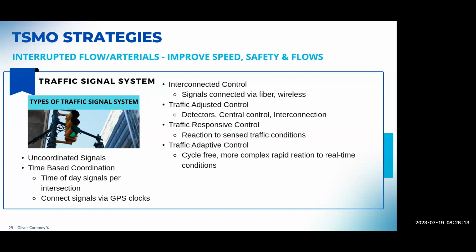So we've moved past having a signal that just has one timing for the whole day. We've moved on to having adaptive systems that look at the traffic on each approach and give the green time that it needs. If there's no traffic on an approach, it's completely skipped, because there's nothing more frustrating than sitting at an intersection waiting for green, you don't get it, but the approach that has nobody there gets the green.